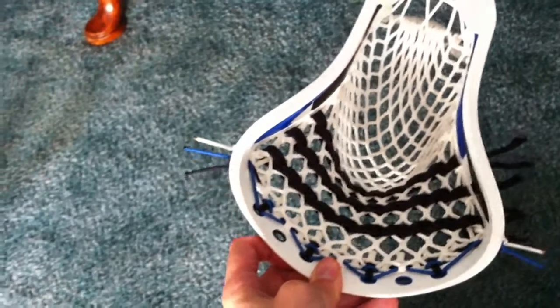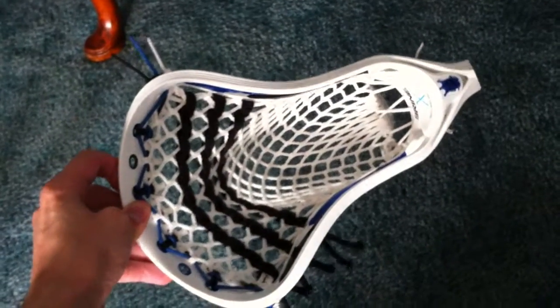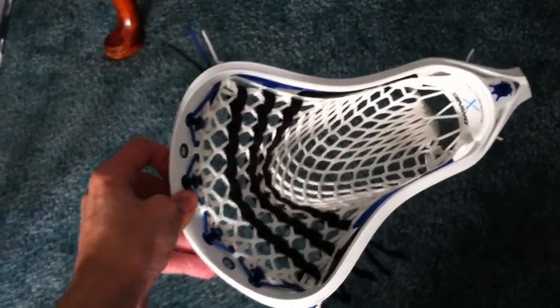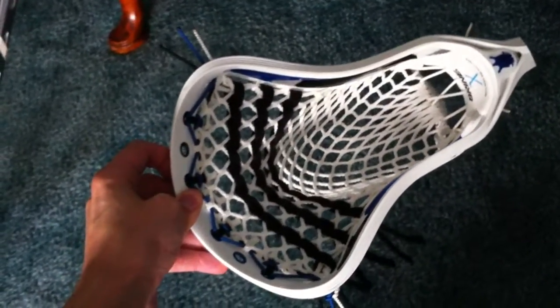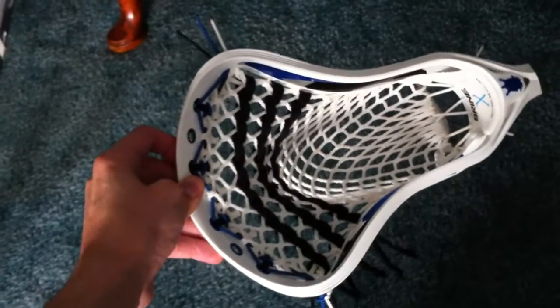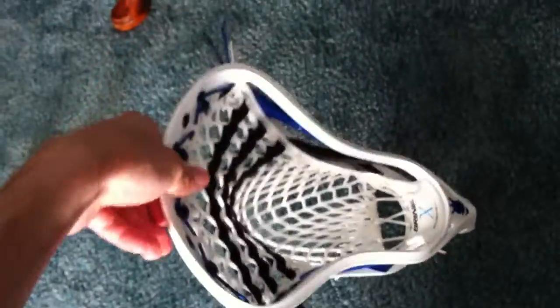But this one I can see any type of player using. I can see an attackman using this head, someone that likes to feed, someone that likes to take a lot of alley dodges, outside shots, off-ball person, offensive midfielders, defensive midfielders, even a long stick midfielder would make great use out of this head. It's strong, stiff,